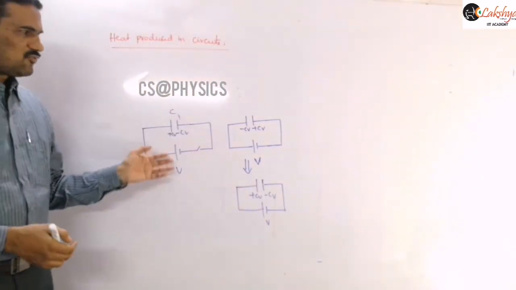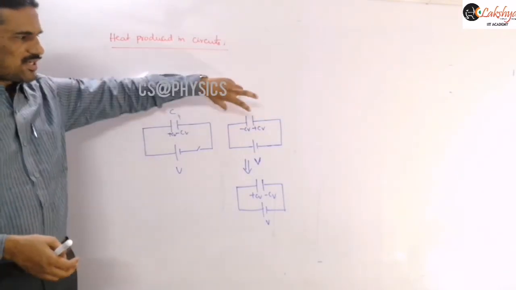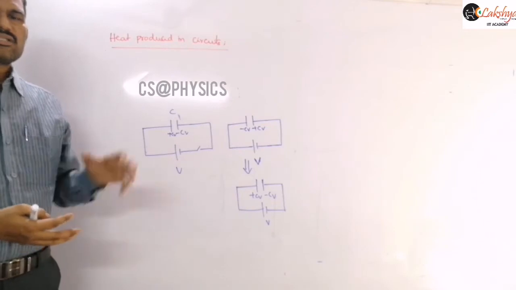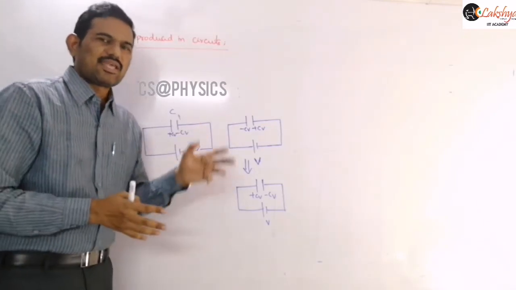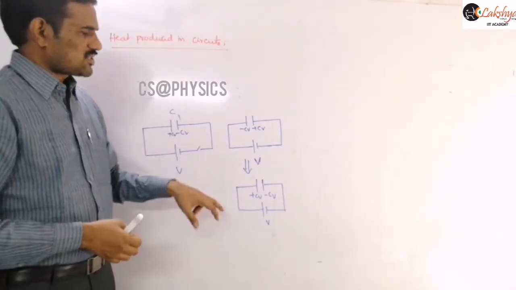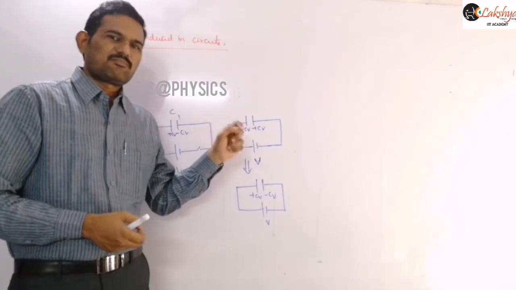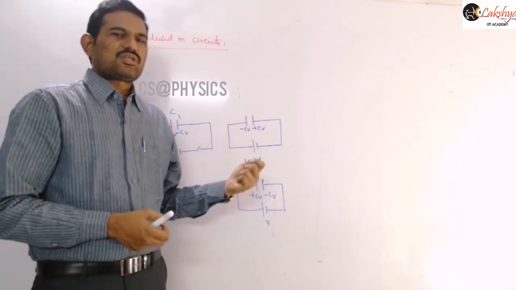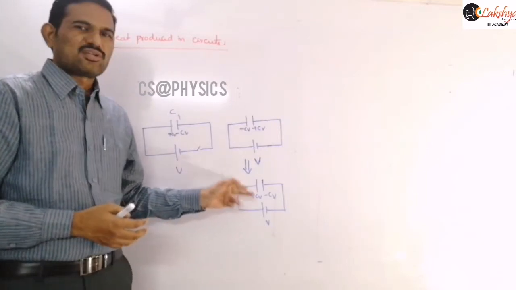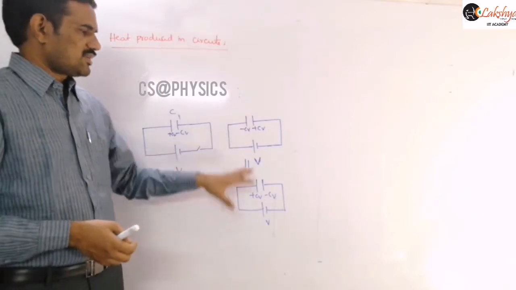We are charging like this. From this position we are connecting like this. Now this is our initial situation here. Then after connecting this, at some instant again the battery will continuously supply the charge until the potential difference across the cell becomes equal to the EMF of the cell, or the terminal voltage. So first the discharging, that means neutralization of the charge, will take place here, and once the charge on the capacitor becomes 0, the charge on the capacitor goes on increasing. The positive charge on this plate will go on increasing until the potential difference is again V across that capacitor. So now this is our initial and this is our final situation here.